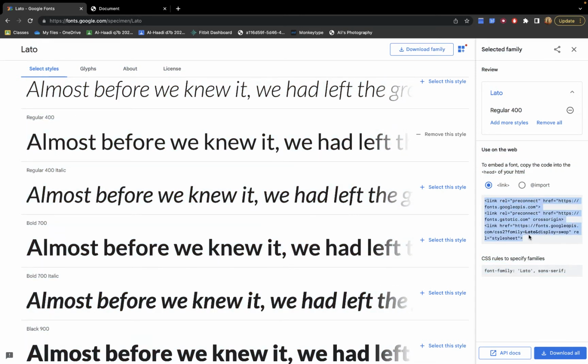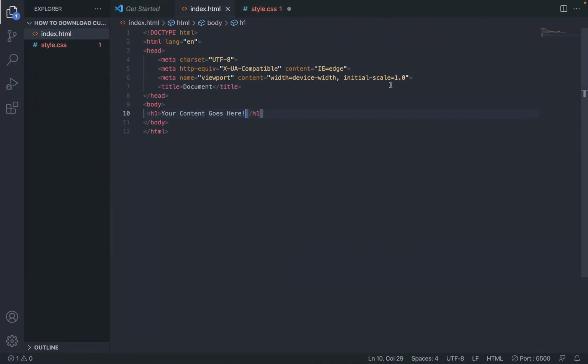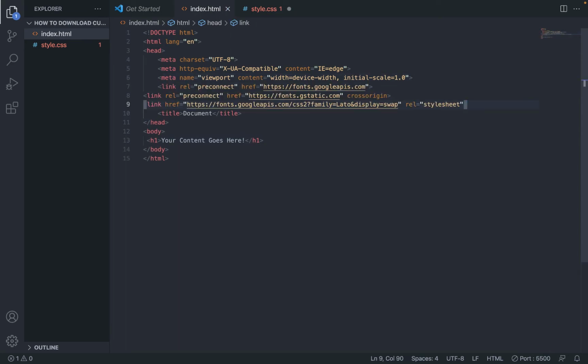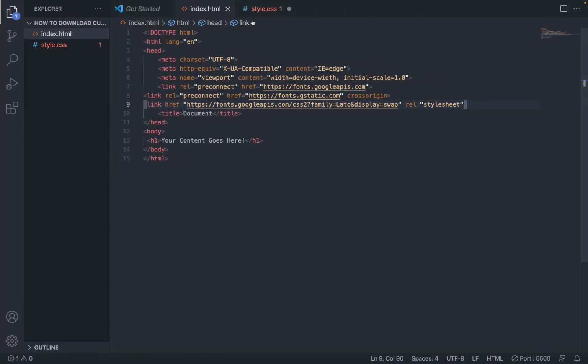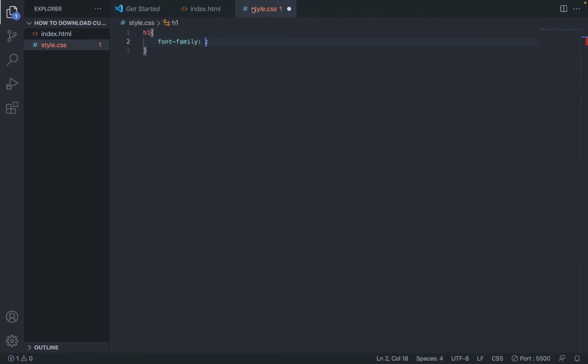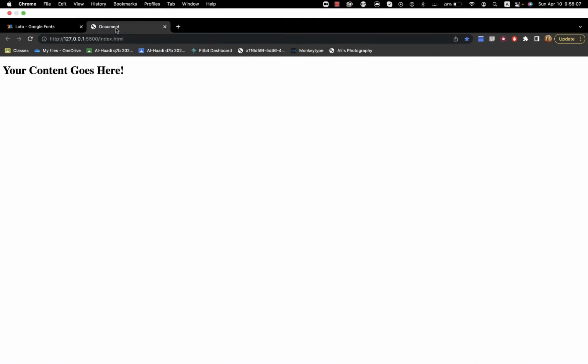And we have to put that in the head tag. So copy that, go to our HTML, and put that just above our title in the head tag. Now to actually add the font, we're going to copy this code snippet and go to our CSS and set that as the font family. So just copy the font family there, and let's go to our document,